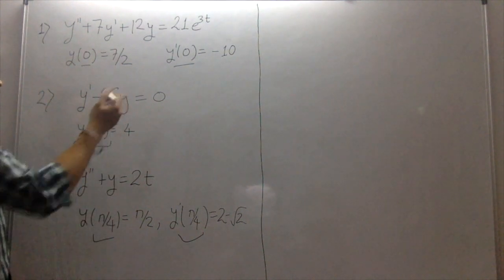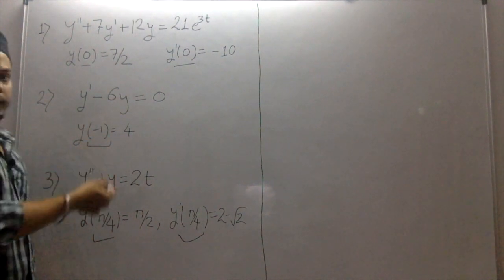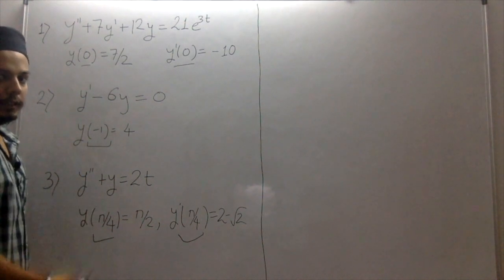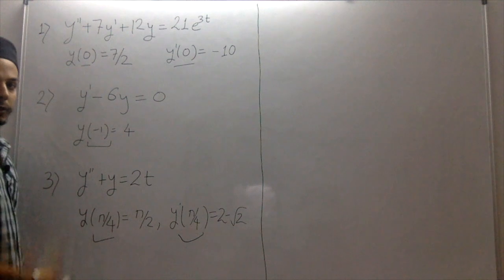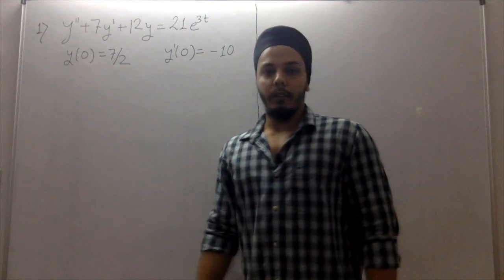So we are going to solve these three problems one by one. The other two are shifted data problems. These are when the initial conditions are given other than 0. Please note down the problem. We will be solving each of them one by one. Now let us solve our first problem.